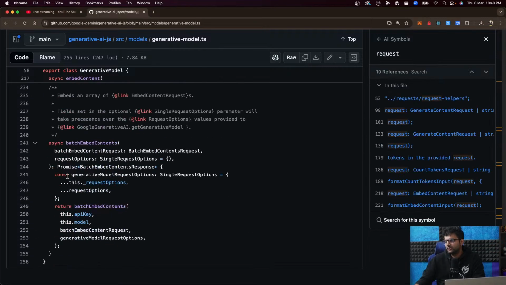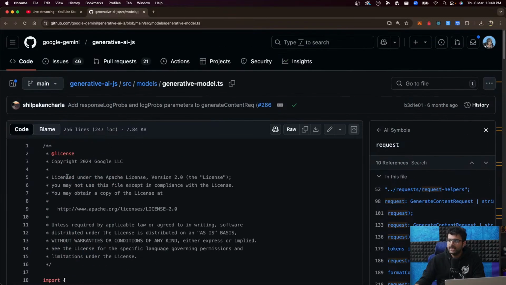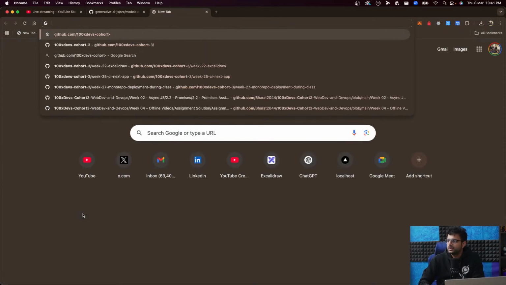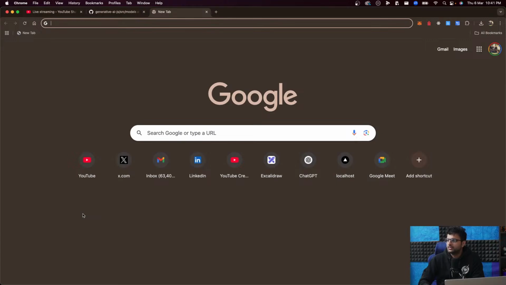A bunch of LLM, or by LLM I mean text model, specific functions. I do assume, let's look at the Python SDK and see how they've done it. But my assumption right now is we have to introduce a new file here called ImageModel.ts where we'll be writing our image code. Let's explore the SDK one more time. Sorry, the docs one more time.